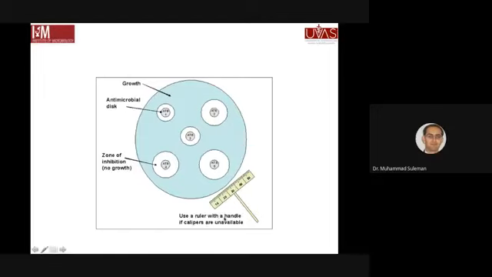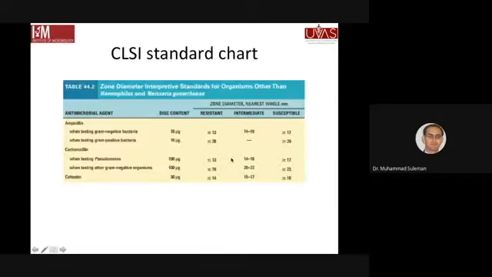And you can use a ruler with a handle और vernier caliper भी यूज़ कर सकते हैं. बाज़ लोग वो यूज़ करते हैं, but you can measure the diameters in that way. जो मैंने आपको CLSI के स्टैंडर्ड्स बताए थे कि इंटरनेशनल स्टैंडर्ड्स होते हैं डिफरेंट टाइप्स के जिनको आप यूज़ करते हैं. For example, the zone of inhibition for organisms